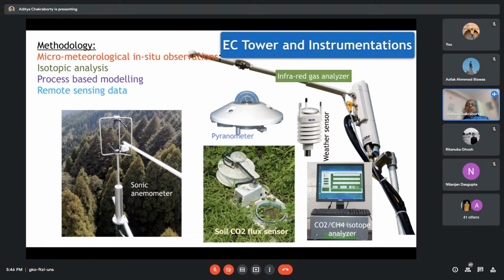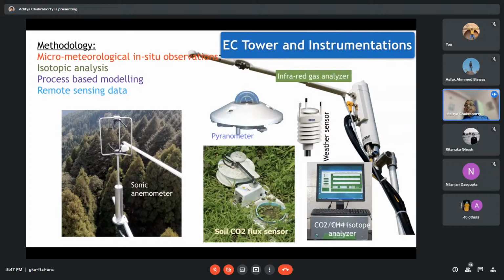That is, how much CO2 is coming out, mainly due to the heterotrophic process. Of course, it may include autotrophic process. For example, the roots which are staying below the ground also respire. But most of the soil respiration will be contributed by bacterial activities. So the soil CO2 flux is a very important component. That will give you how much CO2 is being respired by the soil process.